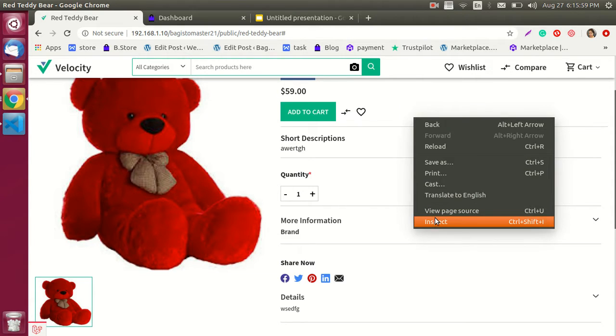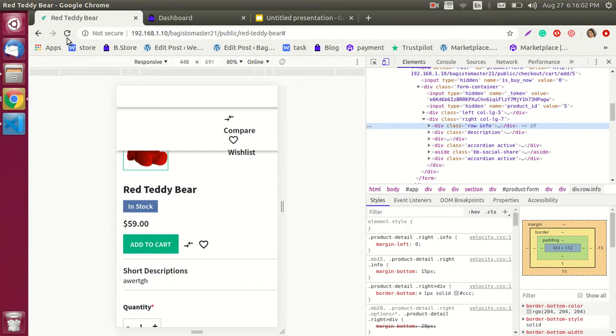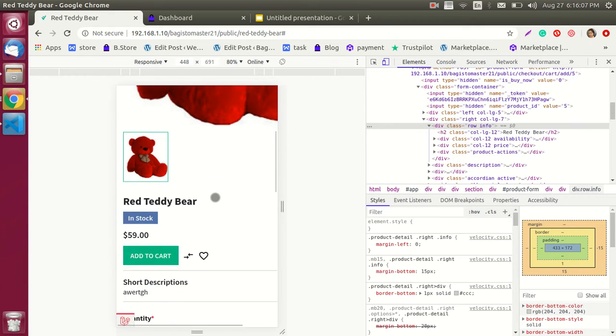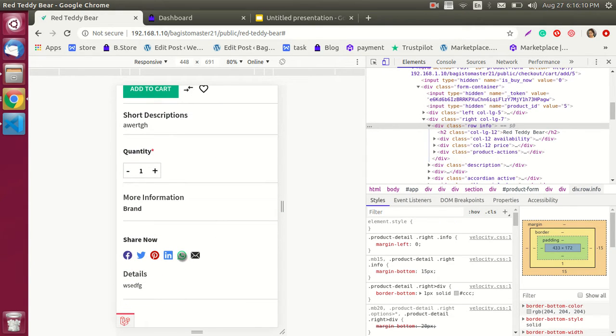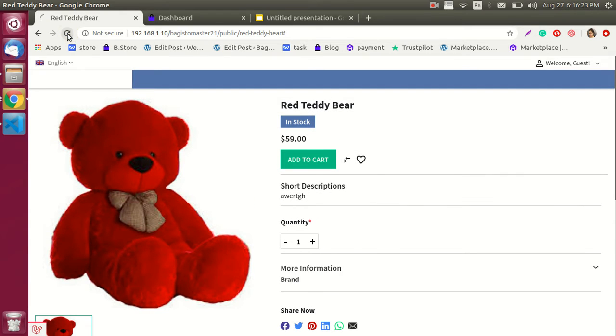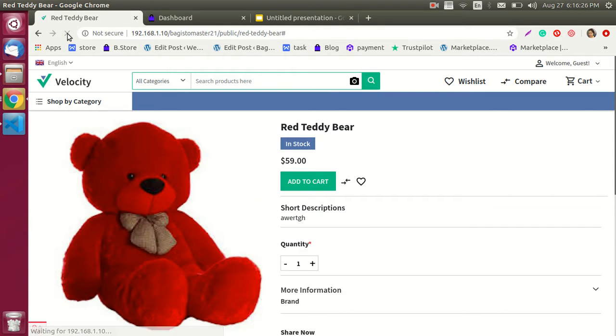And if you guys want to look at how WhatsApp will work, let me show you the responsive view of this platform. So this is the responsive view where the customer can see the WhatsApp icon, and the customer can share the product on WhatsApp to their friends, relatives, and colleagues. So guys, this is a really wonderful, helpful, and attractive feature for your web store, where customers are able to share the product on other social media platforms like Twitter. They can share the product with their friends on Facebook, and if they like any product, they can share it on WhatsApp.